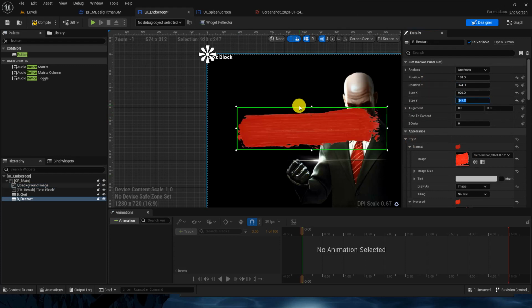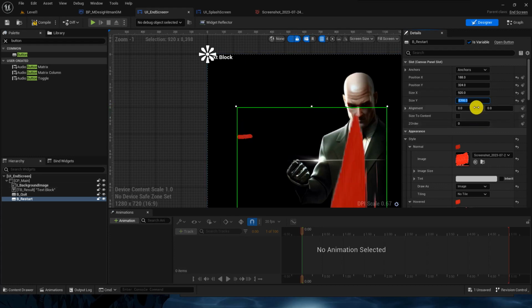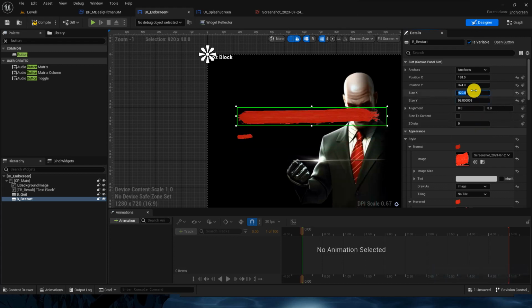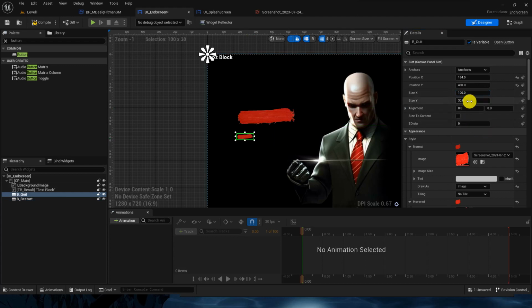I want something like this, so I will just multiply it with 0.4 just to have the right size. I did something wrong. Multiply with 0.4 and multiply with 0.4. We'll do the same thing with this one. So 368, 98.